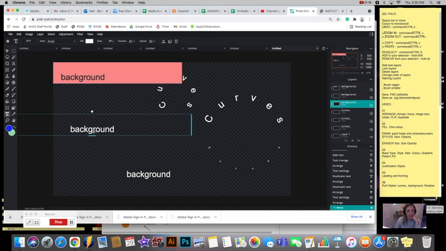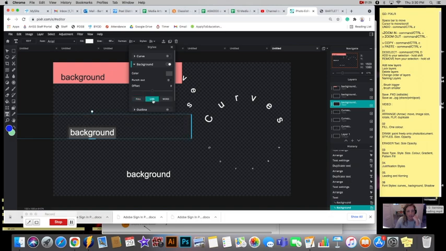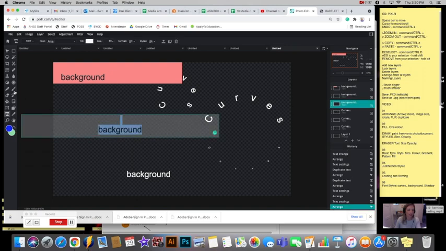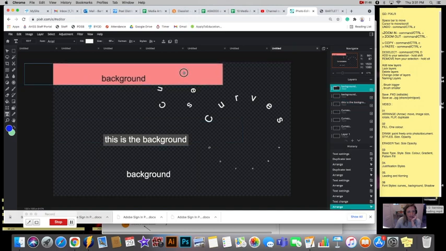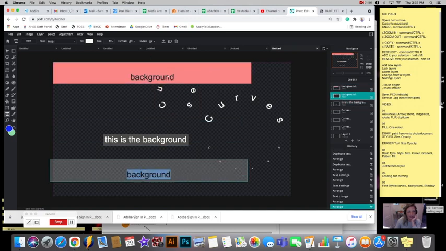The other thing we can do with background, we go to sort of similar things, is we can just do the line of font. I only have one line and one word, so if I did this, it's going to be exactly the same. But I could have a whole line of font here, so let me actually just change that back. There we go. So the whole line in this case has been affected, whereas